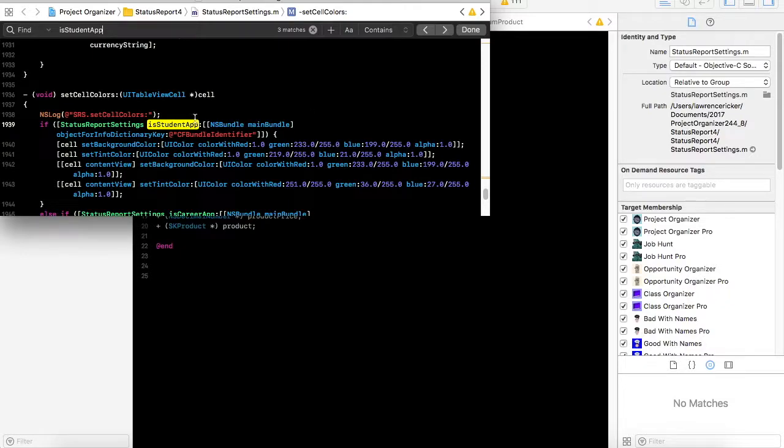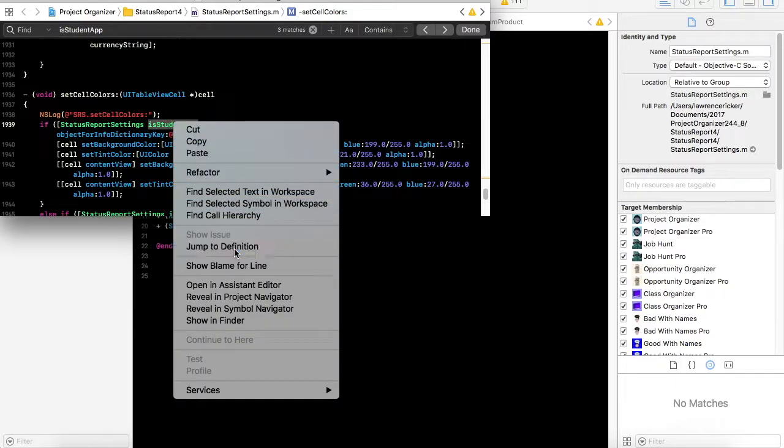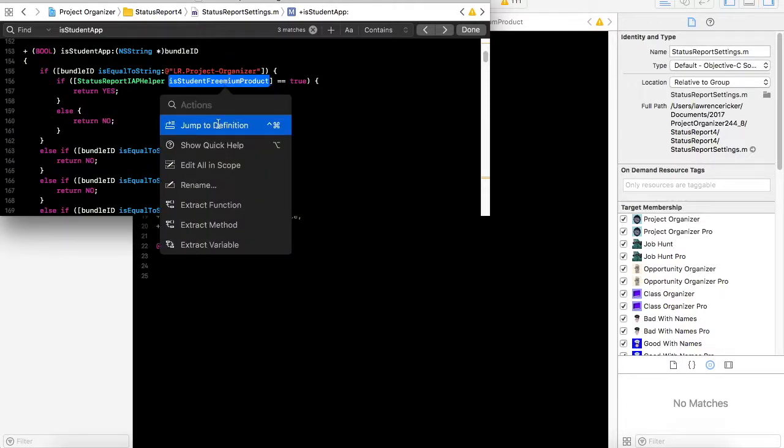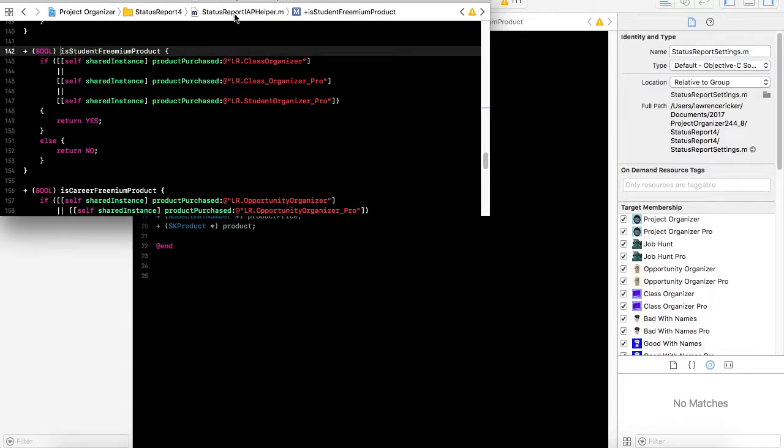And then that method drives behavior all through the application, but let me jump to the definition. In here I've got is a student app, and Project Organizer normally would not be a student organizer app, but if it's a student freemium app, then I return yes. And to get those yes/no answers, I created them inside of my in-app purchase helper application,